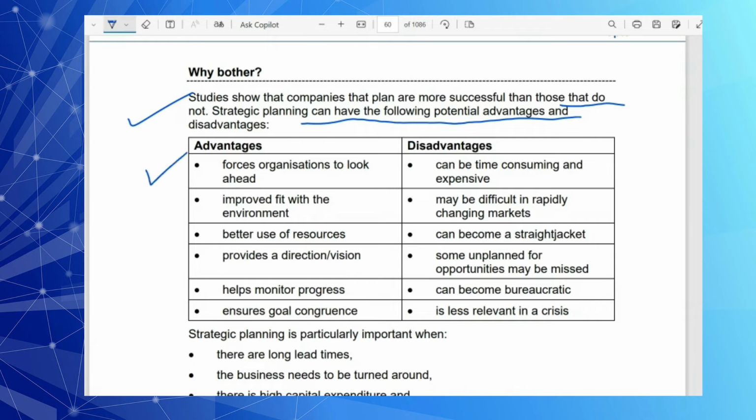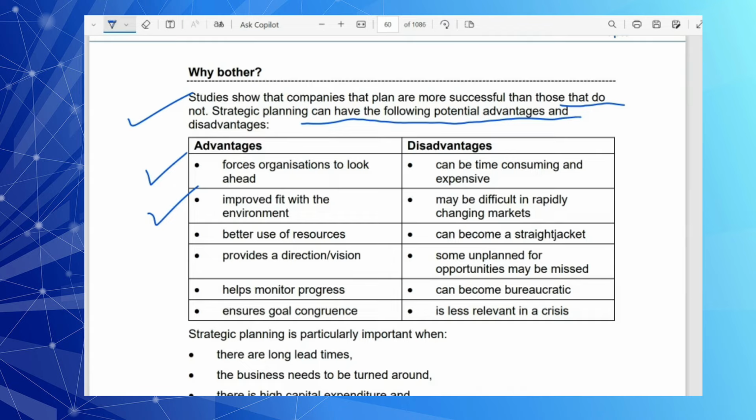It improves fit with the environment. Whatever they forecast, if the company doesn't follow the IT changes, then it's over. If the company is not following upcoming trends, or didn't switch their marketing and sales online or to social media, they